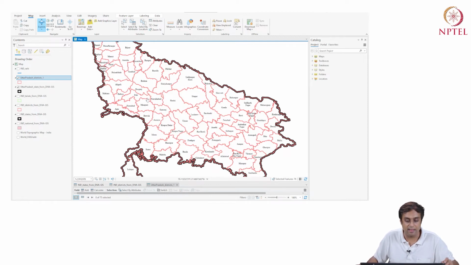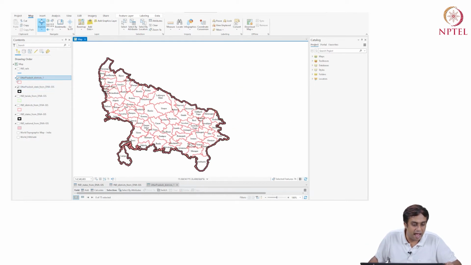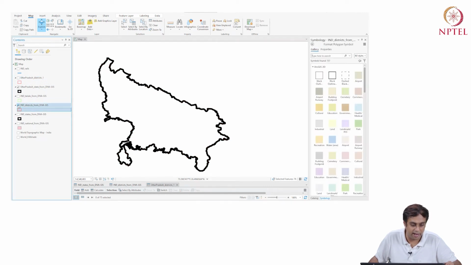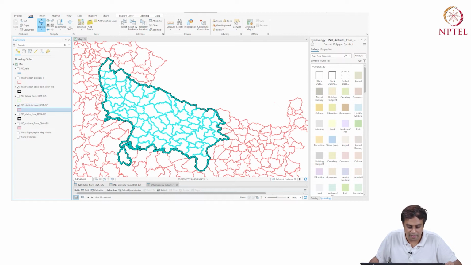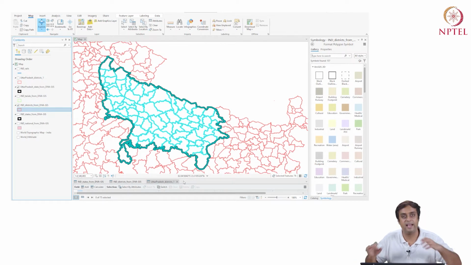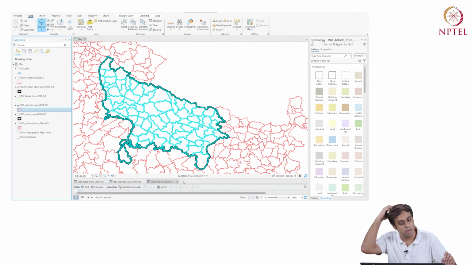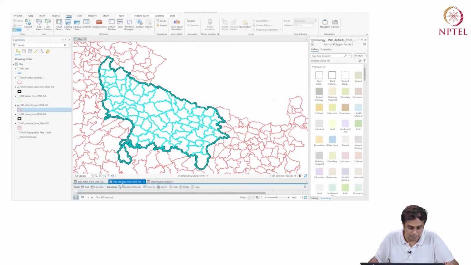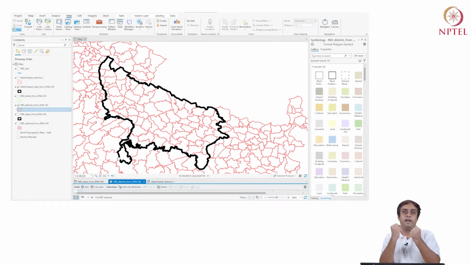So I told you when I began this exercise that I'm going to show you an alternative path or methodology of clipping features. So what did I want? I have an India level districts file. Here for now, we have the selection by attributes inside Uttar Pradesh. And I have this selected feature, which is, let's say, my polygon within which I want to clip the data.